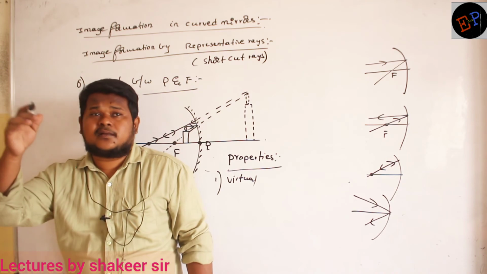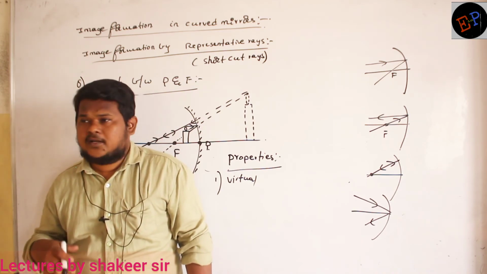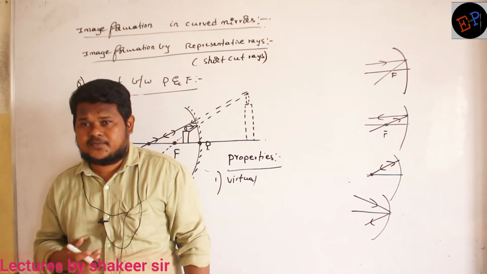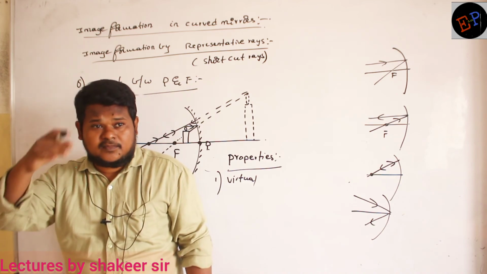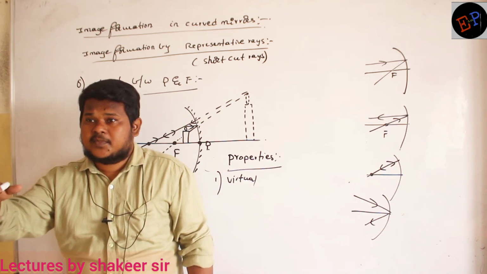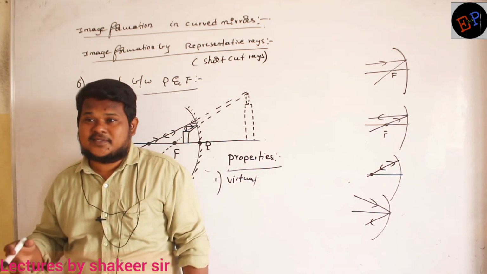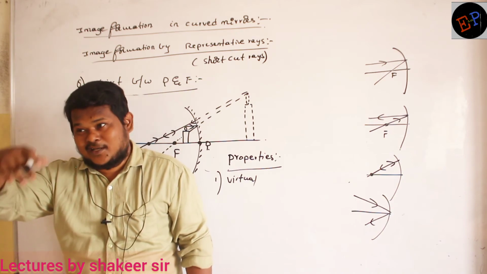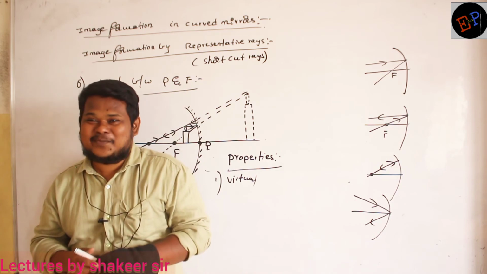For example, in the case of mirages, you see mirages in deserts, no? It appears as if water is present on the sand in deserts. On summer days, you will find water at a 2 kilometer distance, but if you go there, it appears water is present again after 2 kilometers. So what is happening there?